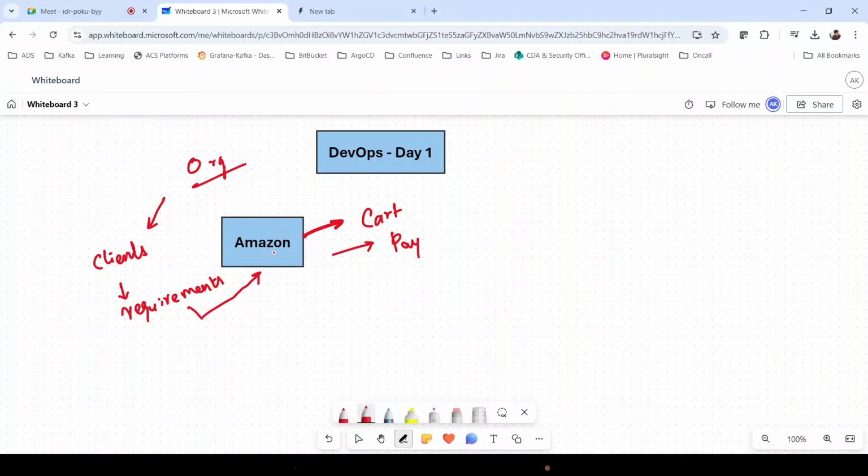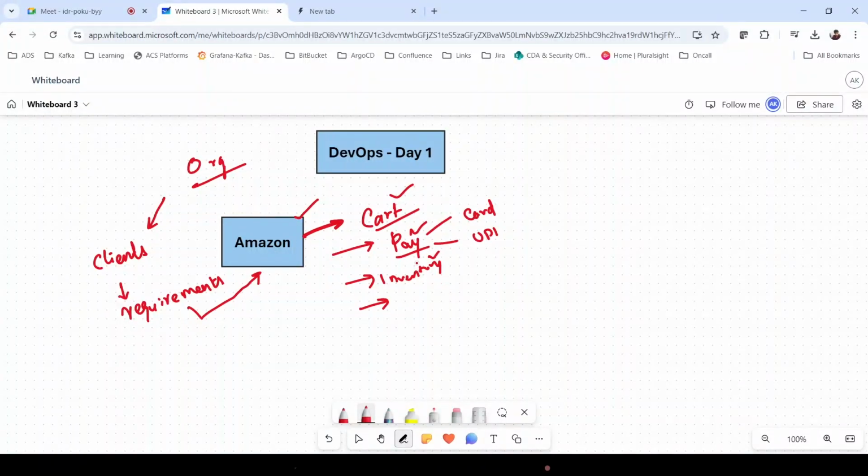The Amazon application will have multiple things: a cart, an option for payment, and an inventory. In payment itself we will have different options like cards and UPIs. So it is a single application, but we see different components within it.